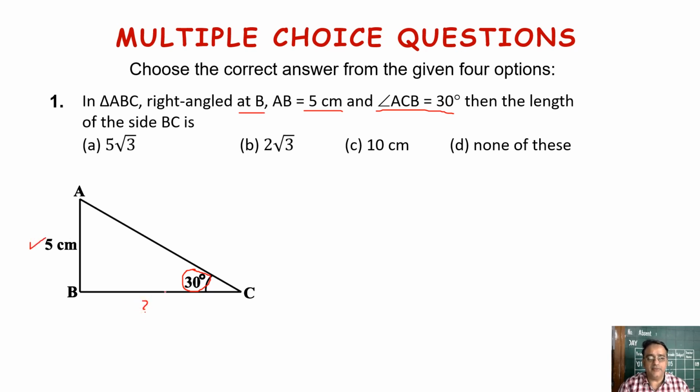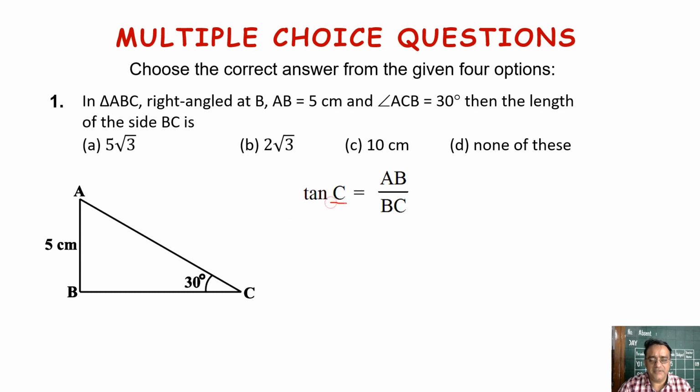So in this type of question we will see what is given and what do we have to find. So with respect to this 30 degree, this side is opposite, and what is BC? Adjacent side. And which trigonometric ratios belongs to opposite and adjacent side? Tan theta. Either tan or cot we can write. So we are going to use tan theta. So tan C is equals to opposite by adjacent, that is AB upon BC, right?